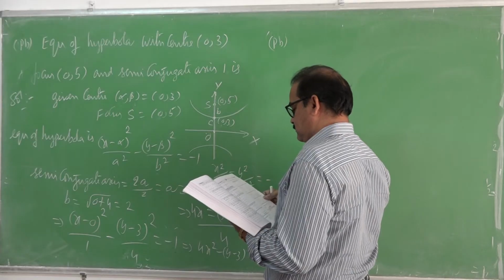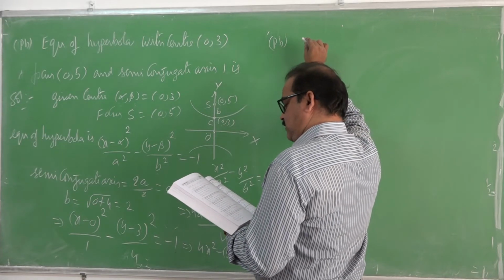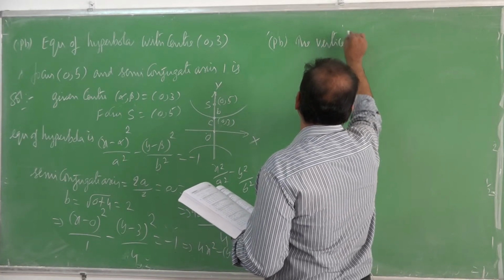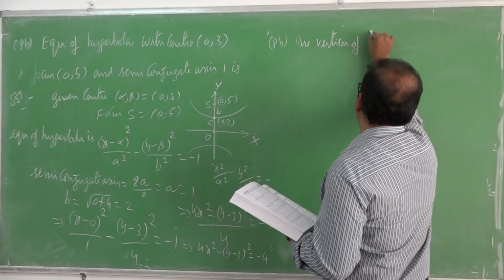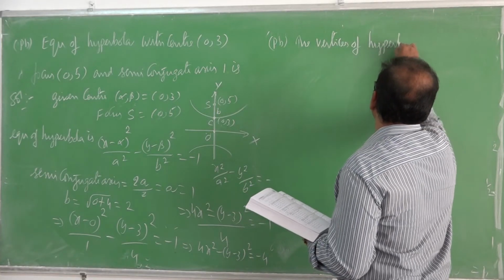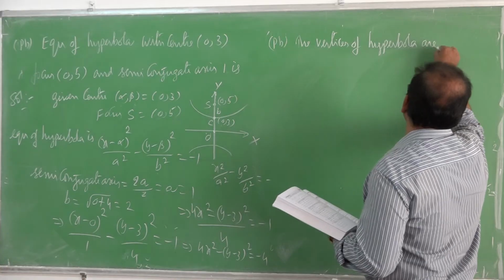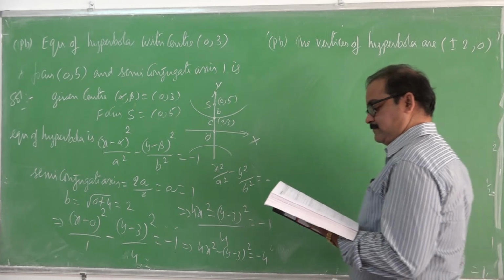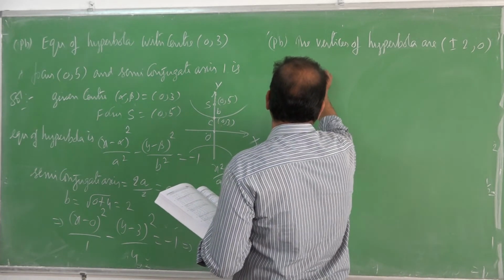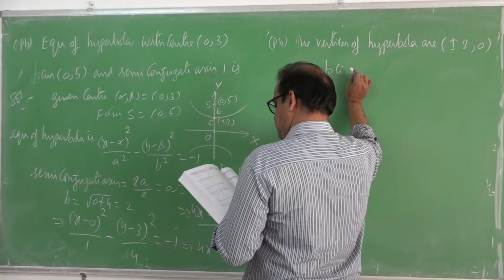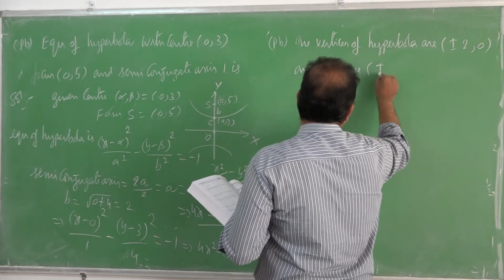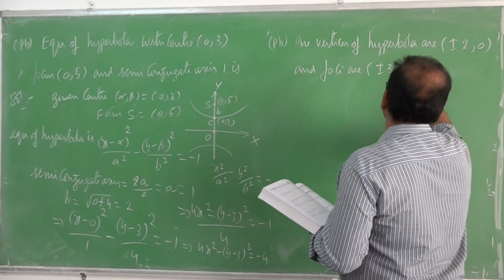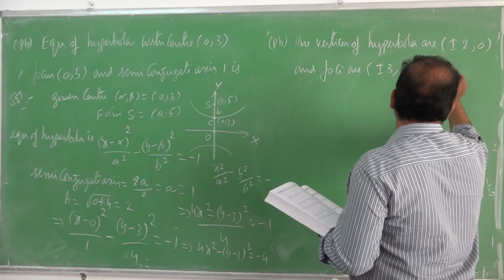Next problem. The vertices of the hyperbola are plus or minus 2 comma 0 and foci are plus or minus 3 comma 0, then its equation is